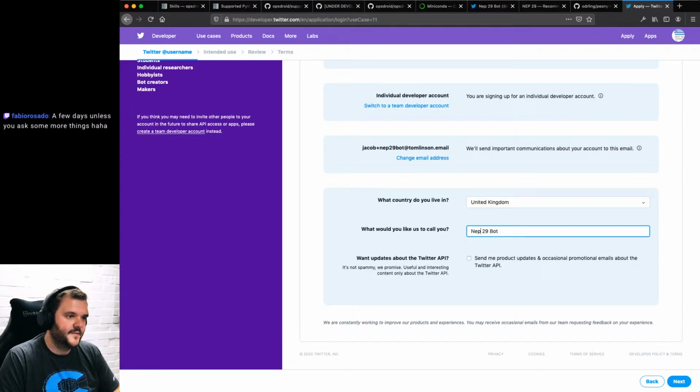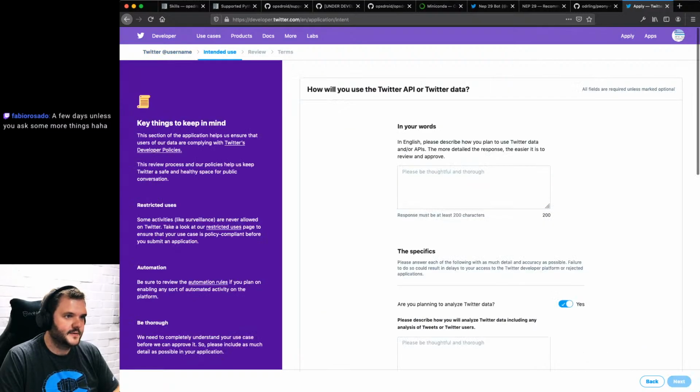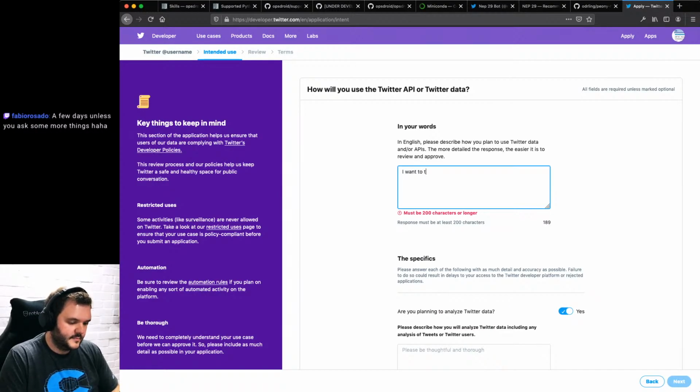Oh, that's not very good. No, I don't really want updates for the Twitter API. In English, please describe to us how you plan to use your Twitter data and or APIs. The more detailed the response, the easier it is to review and approve. I want to create a bot which periodically tweets useful information around the Python release dates.